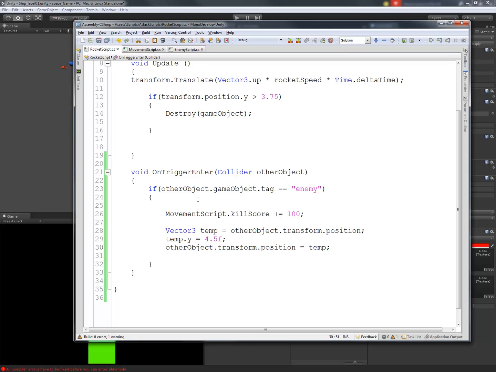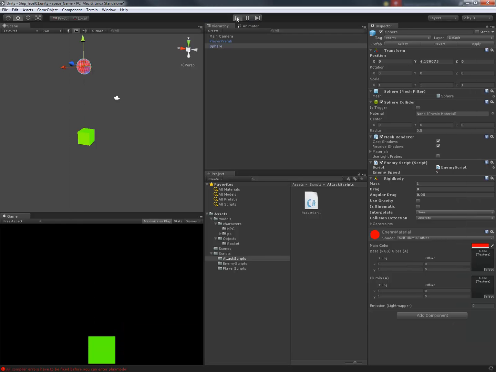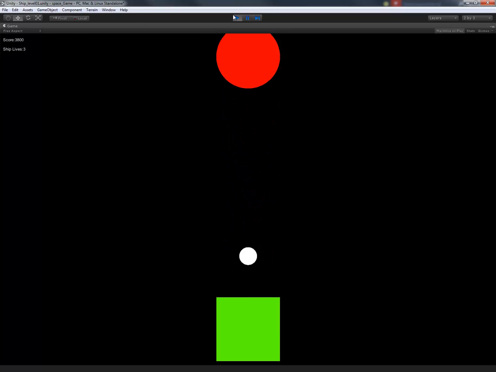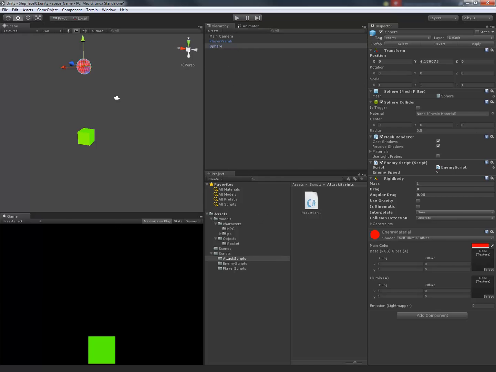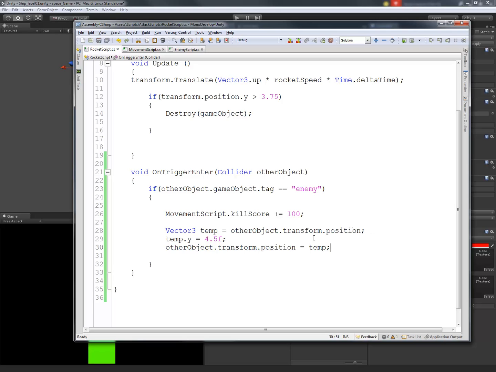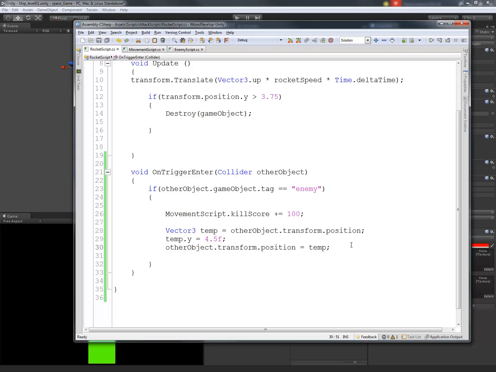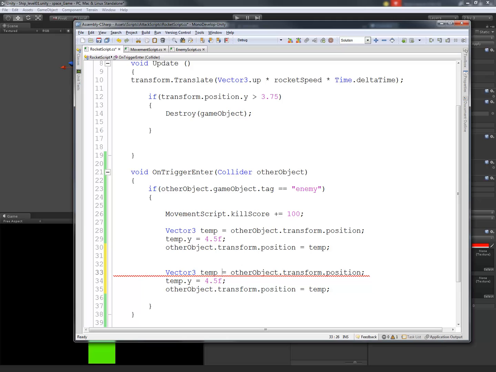So now if I hit Control S and save this, and I press play, you can see that it shoots back to the top, and I'm getting a pretty high score. Alright, but again, it's only going in the y-axis, so I'm going to copy all of this again, and just below it, instead of temp, I'm going to name it temp x, and I'm going to say temp x dot x equals